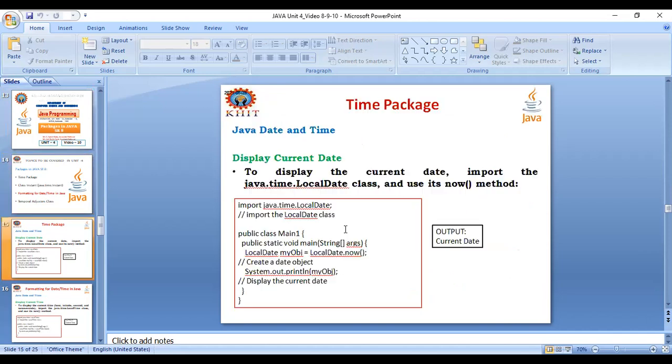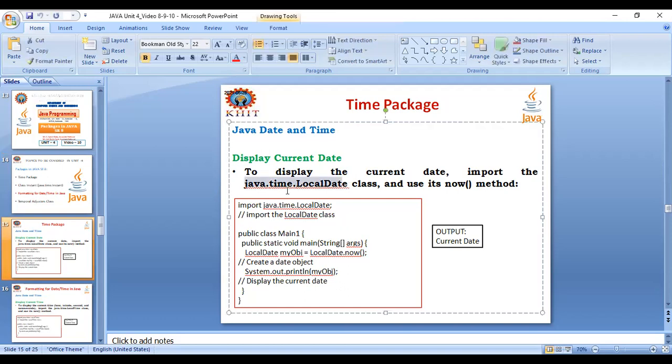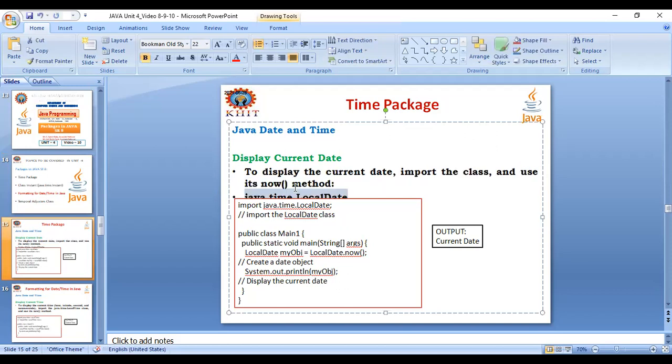So basically, Java date and time, the present current date and time. If you want the current date, you need to import the package java.time.LocalDate. So LocalDate is different, and the instant time and the date are different. As I told you, Instant